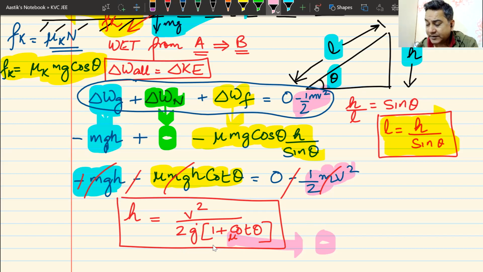I hope you are solving the DPPs. If there's any problem with the DPP, you can come up. I've already sent the solutions of the DPP as well. I will ask the office people to give you the solutions as well. So you can go through the solutions. If there's anything that you don't understand, you can probably ask me.